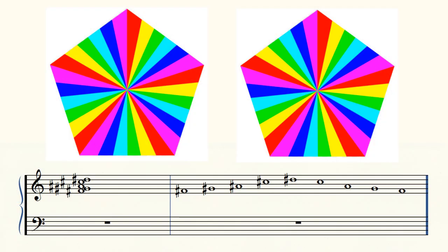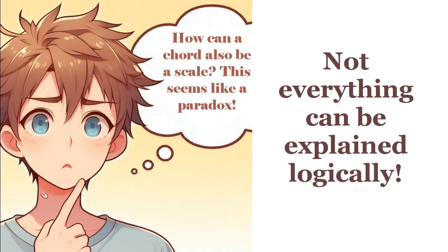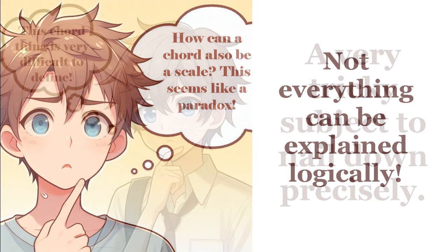Let's say we play 5 black notes together in the right hand, in one hand position. That is what we call an F-sharp pentatonic scale. Obviously, something cannot be a scale and a chord at the same time. Or can it? It turns out that a chord absolutely can be all the notes in a scale played at the same time. In fact, in the end, we find out that you can play any number of notes together and someone is going to consider it a chord.